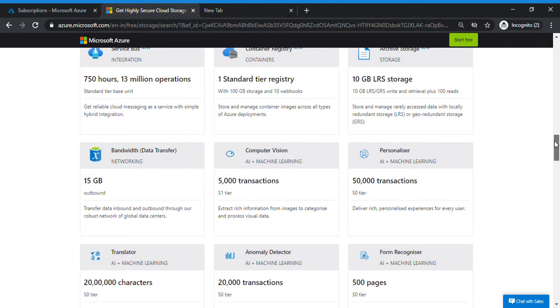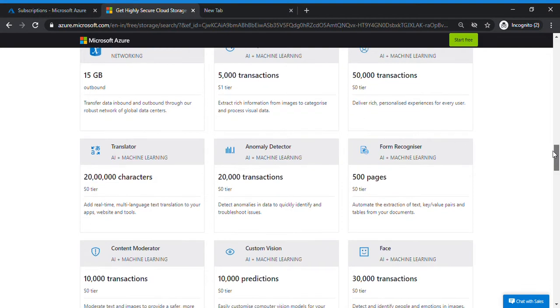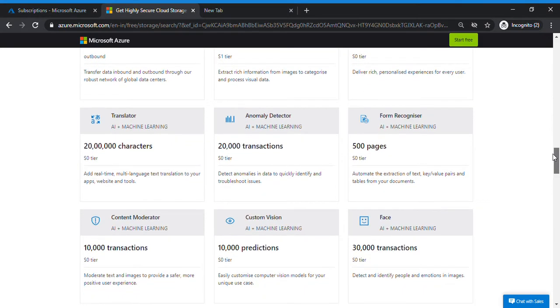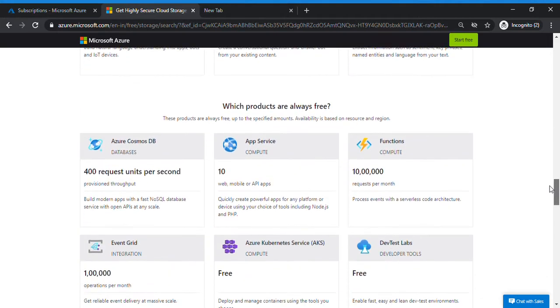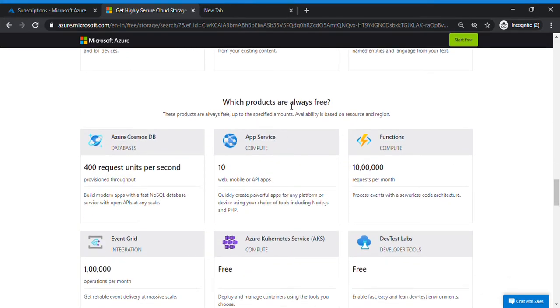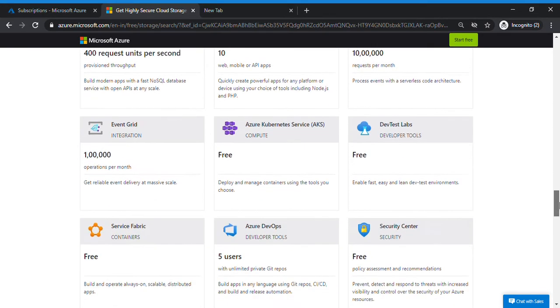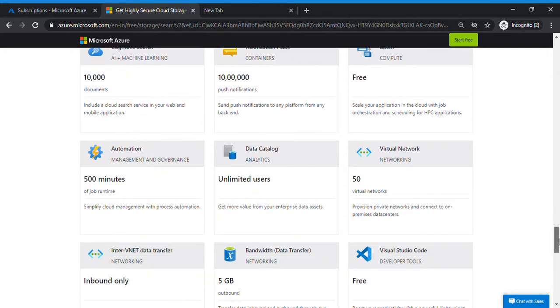services. So you can quickly go through those services and try to understand what they are, and which service is free for 12 months. Okay, and also Microsoft mentions there are services that are always free, so they're not going to charge you anything, right? So it's always free, you can use it anytime, for any number of years. Okay, so there is Azure Cosmos DB with 400 request units per second, but they have set some limitation, so you have to follow that limitation, and you can use those services for your entire lifetime. Okay, so app services, functions, dev test labs, Kubernetes, event grid, something like that. There are a couple of services which are always free.